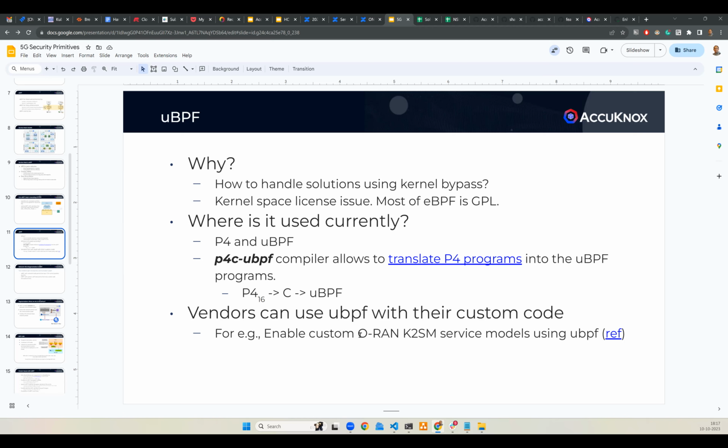With uBPF, you can say that these are the parts that I can allow write access, and these are the parts which are read only. And that access is guaranteed through a verifier. When the BPF bytecode is injected, the verifier verifies whether there is only read access to certain memory space, and read-write access for other memory space. All that is guaranteed and verified as part of the verifier. That's what gives it immense power.